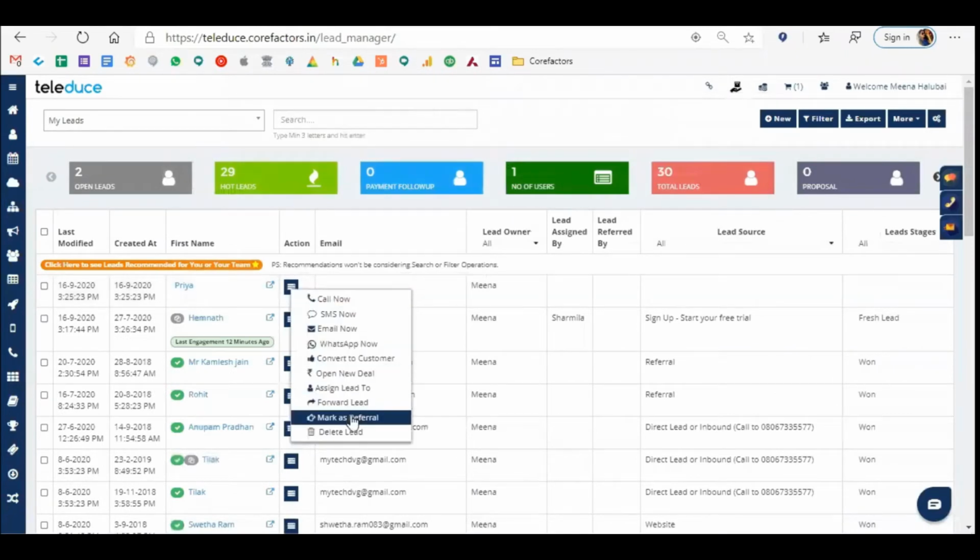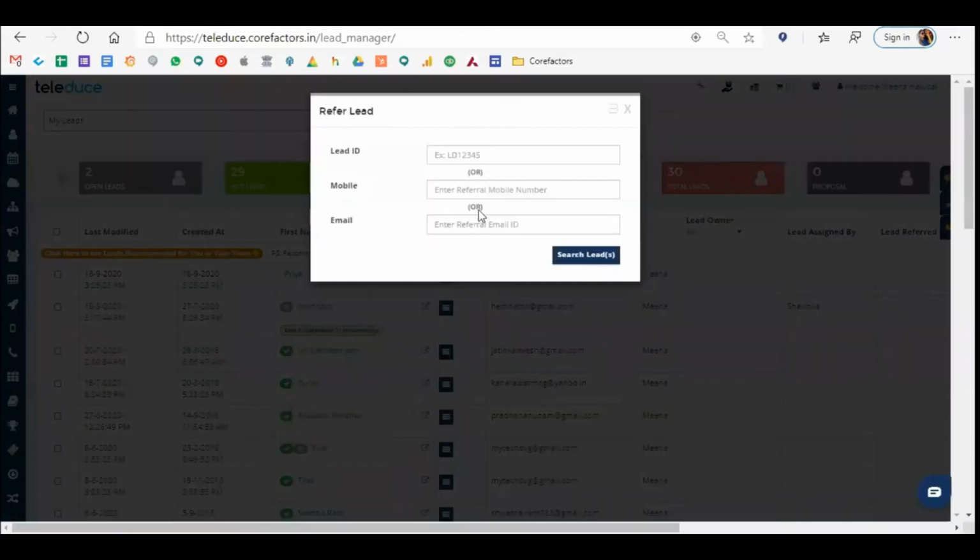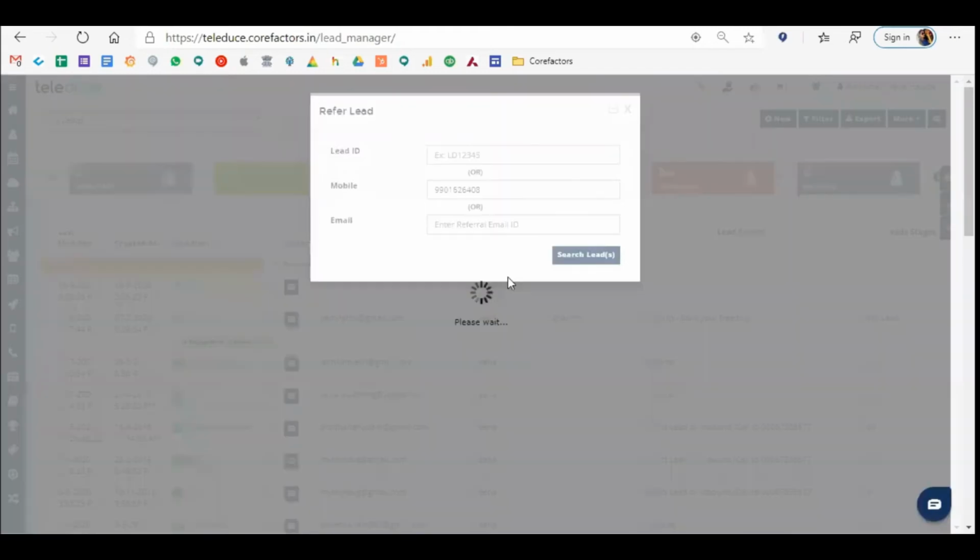Coming to mark as referral. Getting leads from one of our friends or family members is also a lead for us, right? So we can mark them as reference also. This is also one of the sources. Now if I want to mark Priya as my referral, and this has been referred to me by, let me just see if I can have my own name.